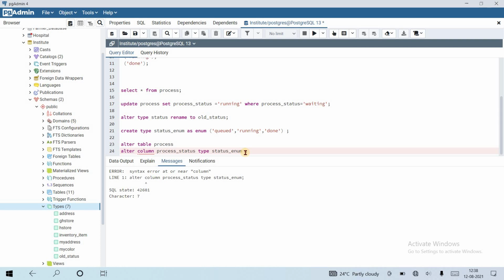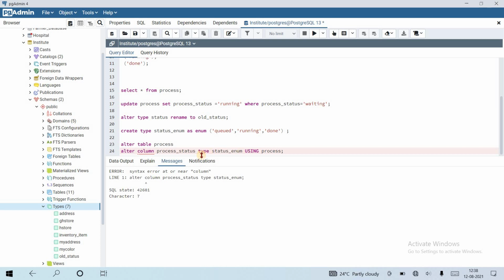Sometimes we need to use the using keyword, followed by the column name, process status.